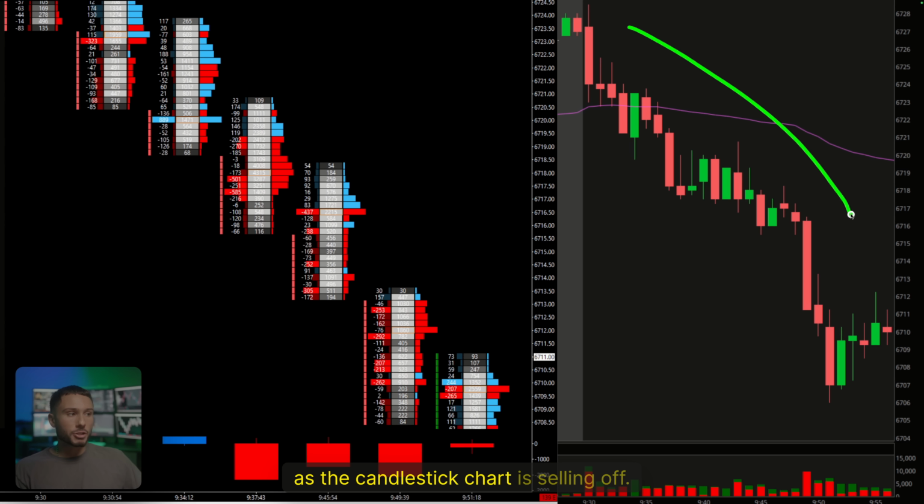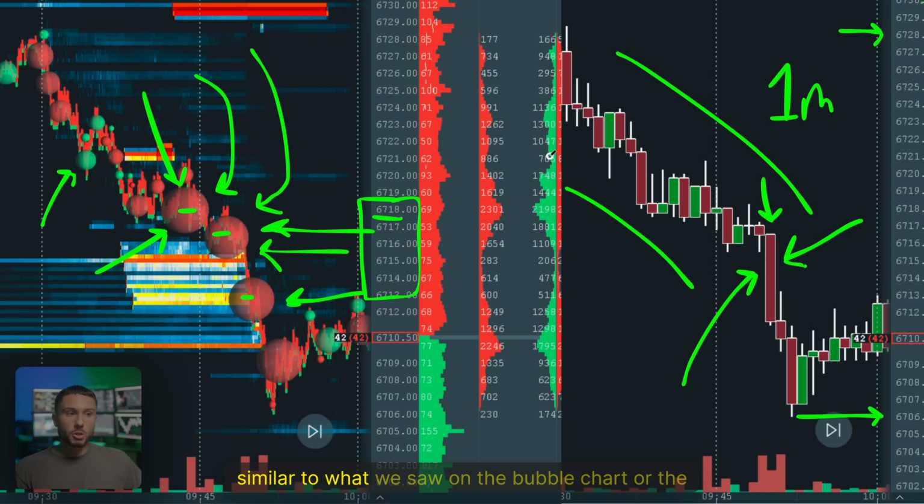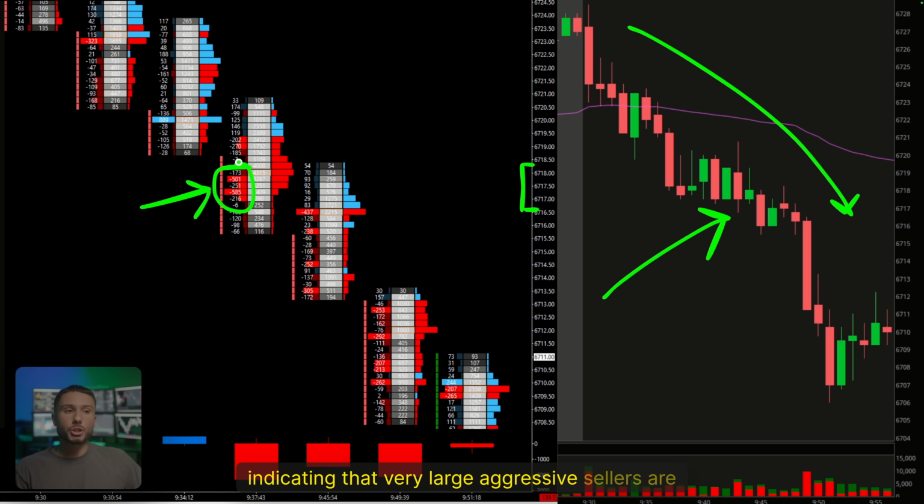As the candlestick chart is selling off, I want to gauge what is going on behind the candles. Looking at a delta footprint chart, what delta shows us is whether the buyers or the sellers are more aggressive over the other. And in this example, similar to what we saw on the bubble chart or the heat map, we can see around 67.18, 67.16, or 67.17, large aggressive negative delta here, indicating that very large aggressive sellers